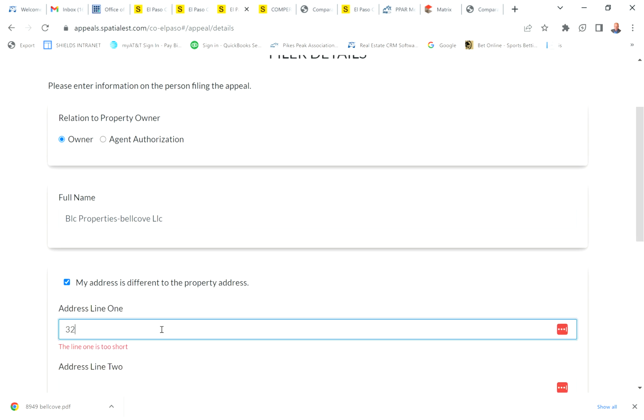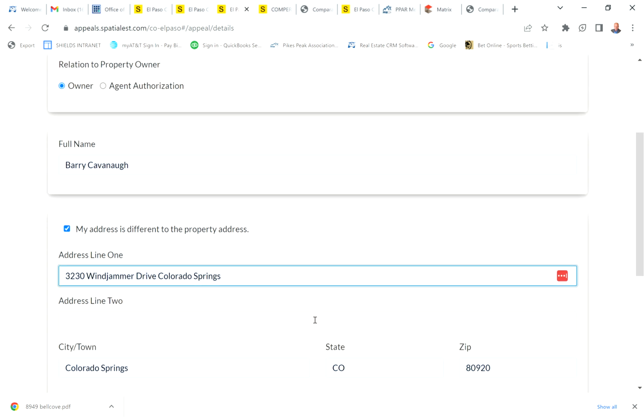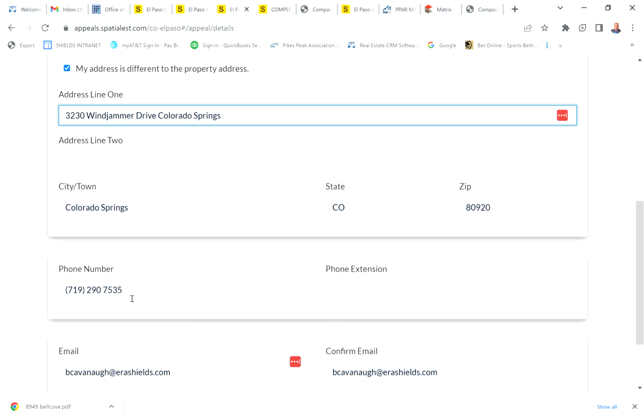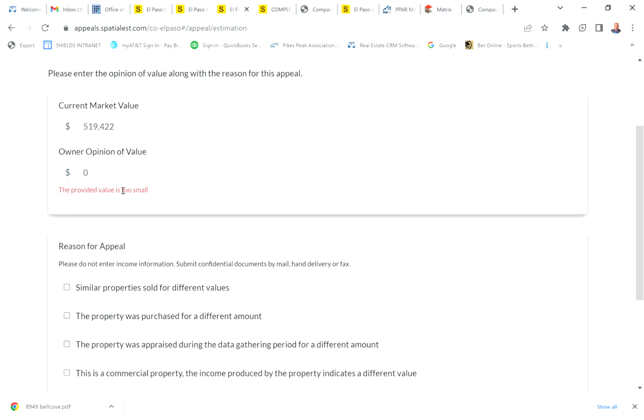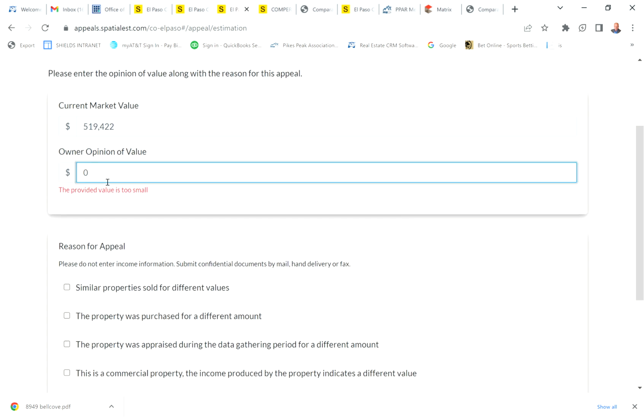So I'm just going to type that in quick. Normally you're not going to have to put that address in because it's already there. But then you're going to put your phone number in, your email, and you're going to confirm your email. Now on this next page, this is where you're going to want to put what we said was the average of the properties, if you're comfortable with that number. You put that number in here,